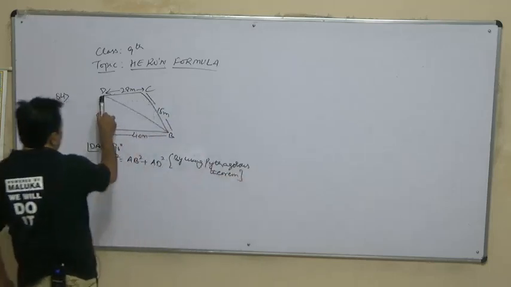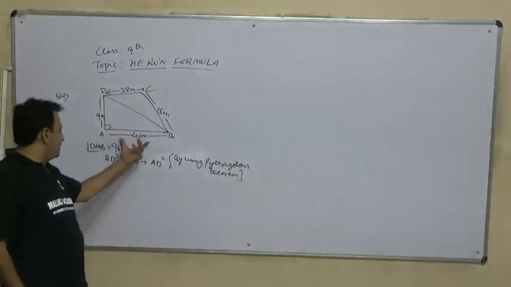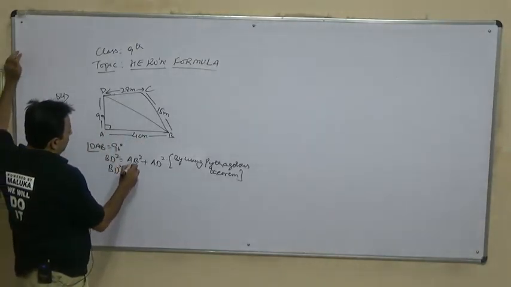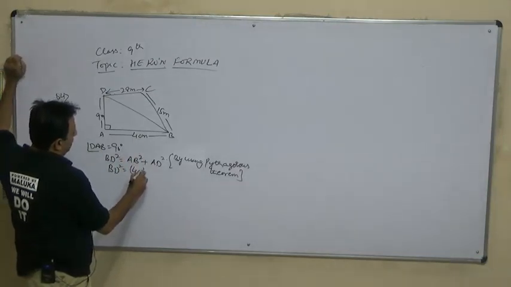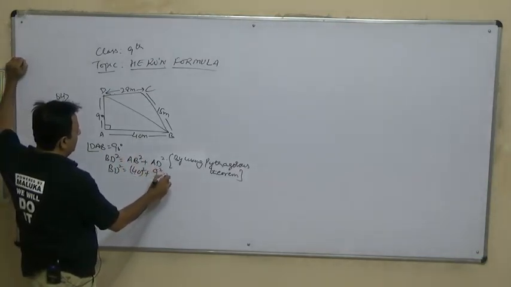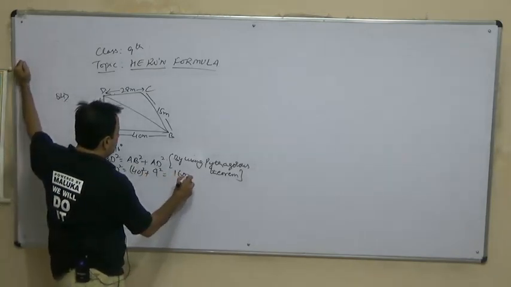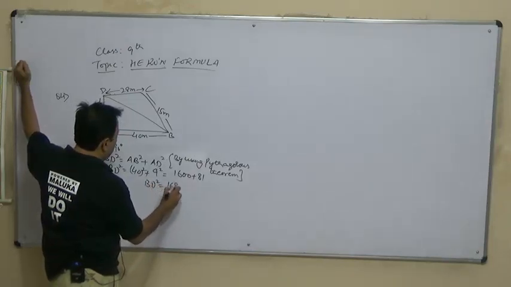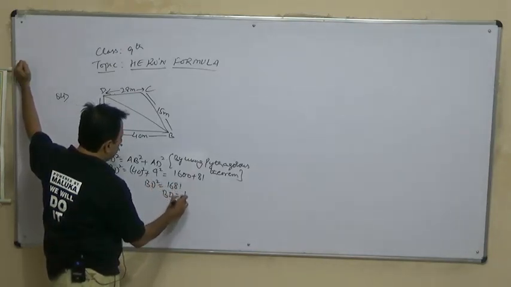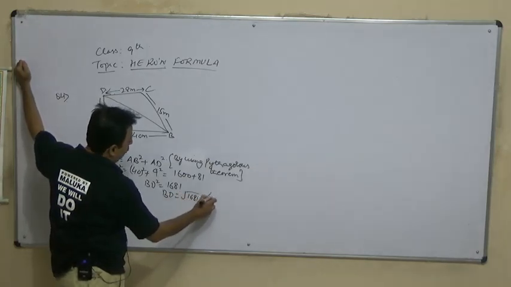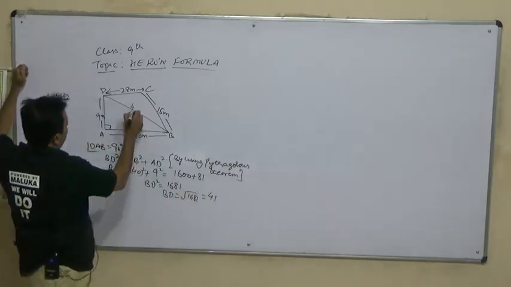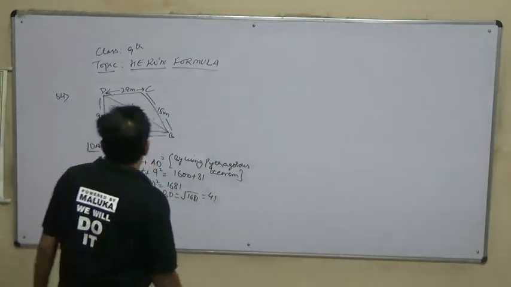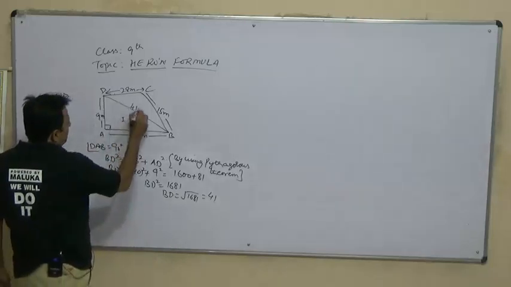Because in Pythagoras theorem, hypotenuse square is equal to base square plus perpendicular square. So BD square will be equal to AB is 40 square plus 9 square, which is 1600 plus 81. So BD square will be equal to 1681. So BD is equal to root of 1681, that turns out to be 41. So this side is 41. Now we want to find the area of the quadrilateral. For this we will mark this figure into 2 parts, 1 and 2.